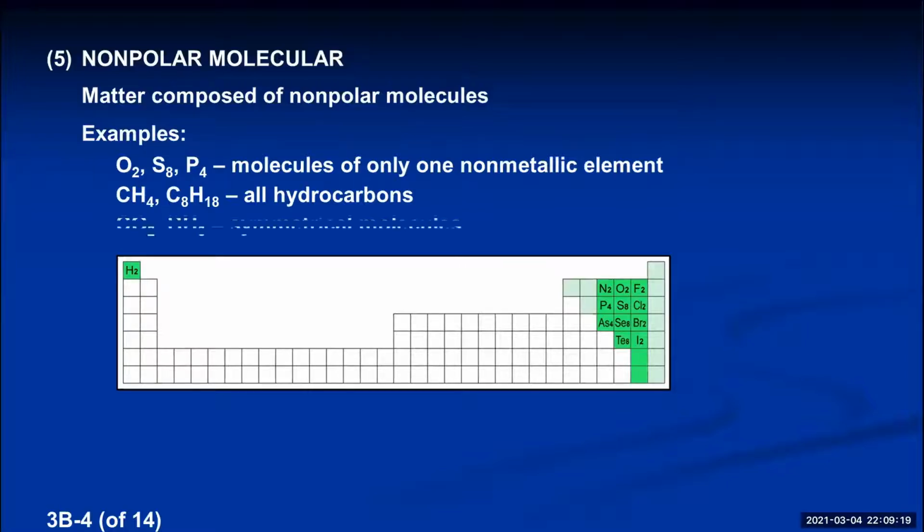Any other one, you actually have a more sophisticated method to do. If I give you CO2 or BH3, they're made of 2 different elements. You have to draw the Lewis structure, predict the shape, draw the correct shape, look up the electronegativities of the atoms, subtract the electronegativities, see if the bonds are polar. If the bonds are polar, draw the dipole moment arrows on the bonds, cancel out any symmetrical set of dipole moments, and see if you have any dipole moments left over. If you don't have any left over, then that means that's a nonpolar molecule. That's always going to be symmetrical dipole moments.